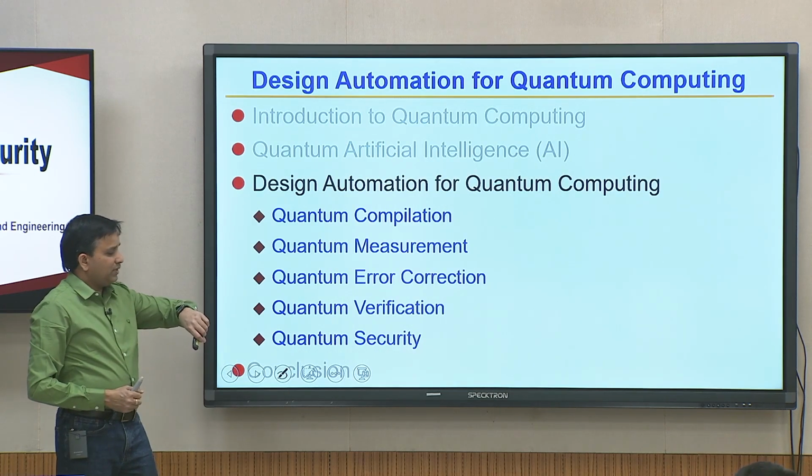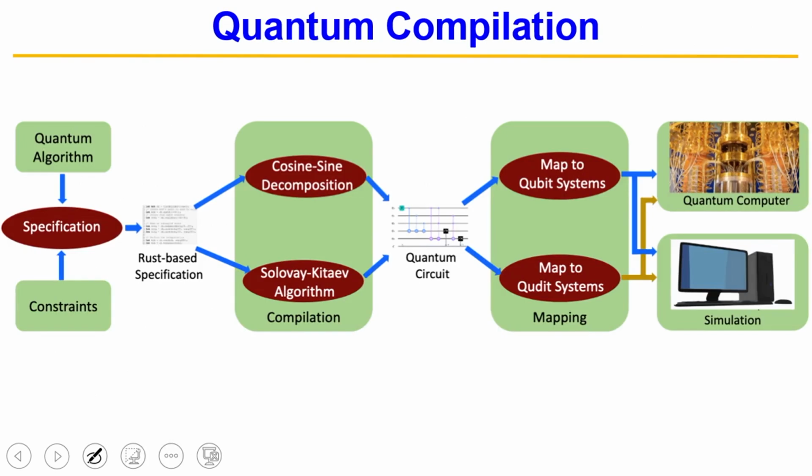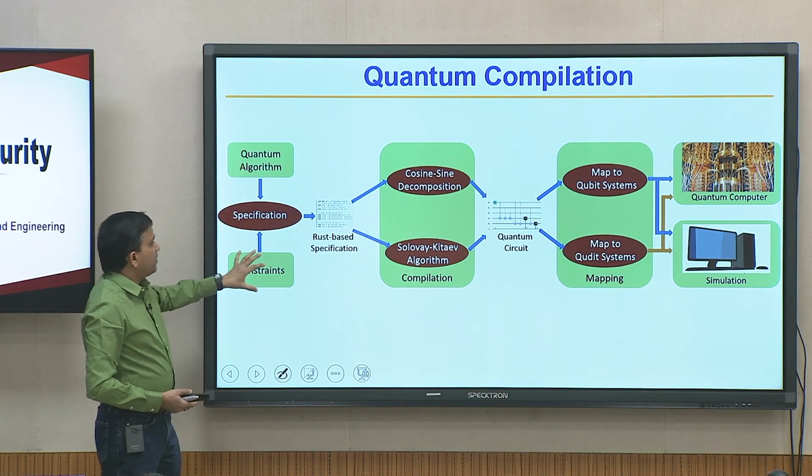Now that I am done with quantum machine learning, I want to take you through a little bit, at least let me talk about the quantum compilation problem to put everything in perspective. We talked about quantum algorithms, whether it is Grover search, the spectral clustering developed by us, or the Shor factoring algorithm. You may have some constraints.